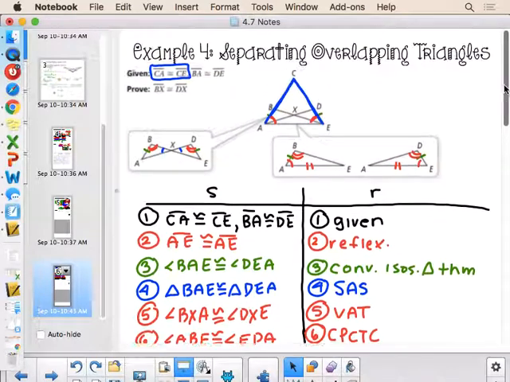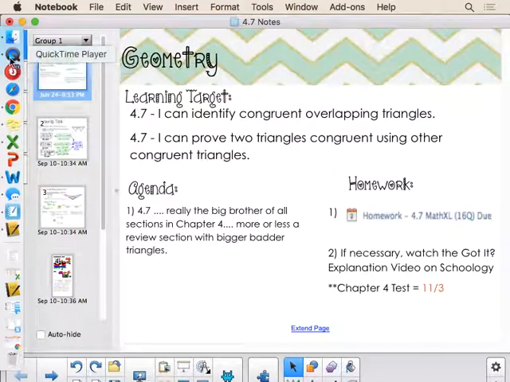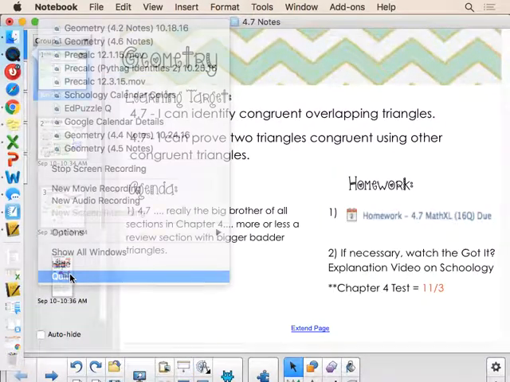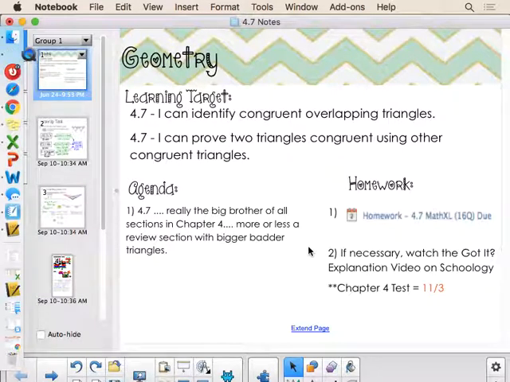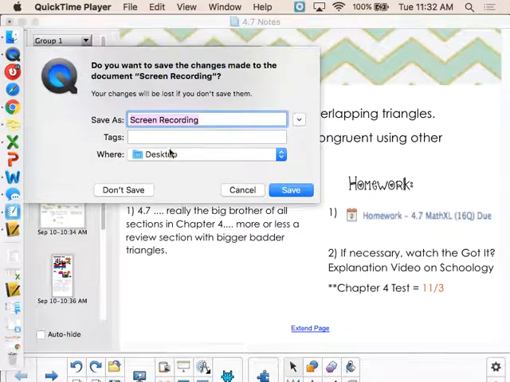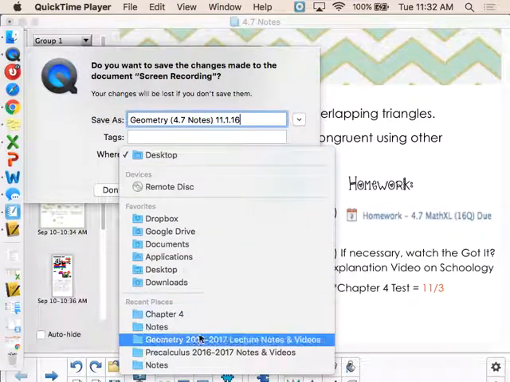Is there going to be one on the test like that, like one overlapping? There will be at least one overlapping, because these are tricky ones, right? Yeah, they're real tricky. I'm not going to lie. I understand. I'm going to say one, because ultimately I just want to make sure you guys know how to prove triangles are congruent. That's my ultimate concern. And quite frankly, I know if you guys were